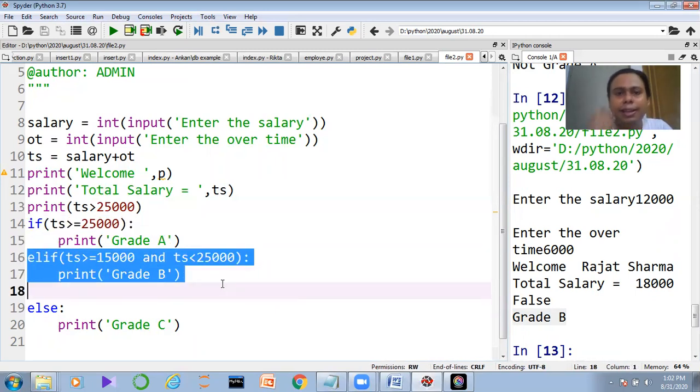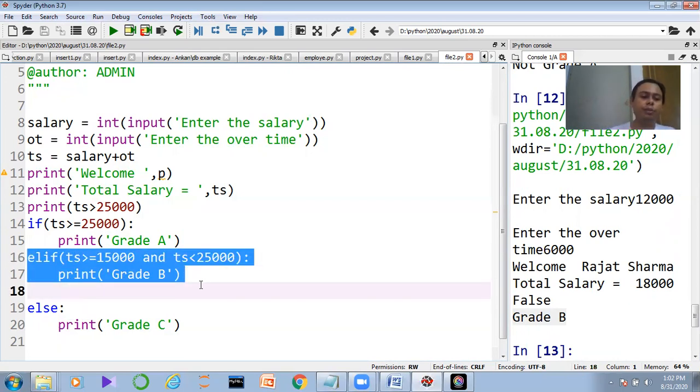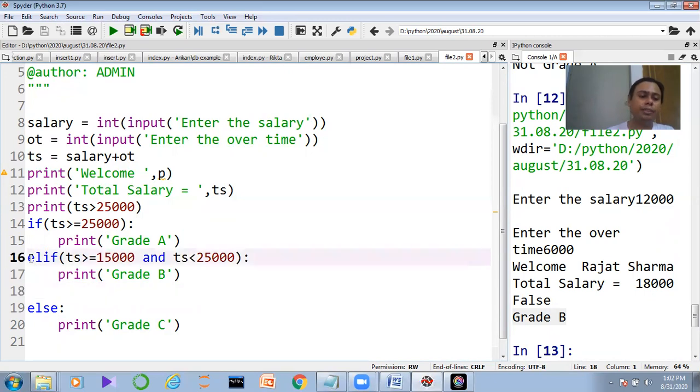Elif is the substitute of the else if of the C programming language. Now guys, if you don't have the idea of the C programming language, don't worry. That is the second condition. Keep it like this. Otherwise, if you know C or Java very well, at that time you can understand that this is the substitute of the else if. So we are passing the elif.